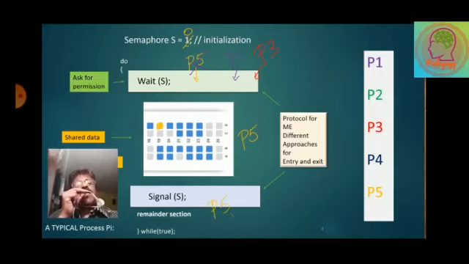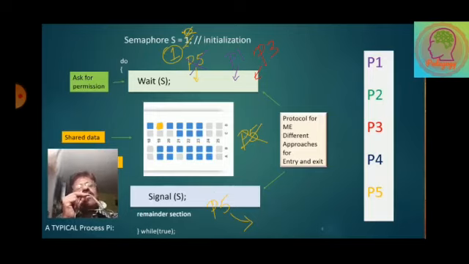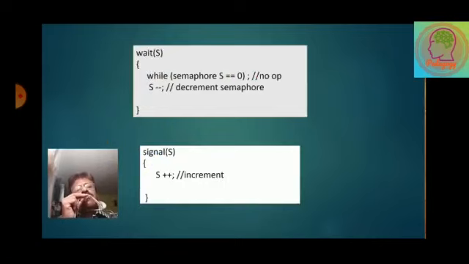Now look at the diagram. First P1 requires the same resource and second P3 requires the same resource, but P1 and P3 are both in the ready queue. Whenever P5 exits from the critical section, it again sets S equals 1. That means P5 has completed its execution in the critical section. Now which one will get the chance? In the ready queue there are two processes, so P1 will get the chance because it is first. So this is Semaphore, by which we can